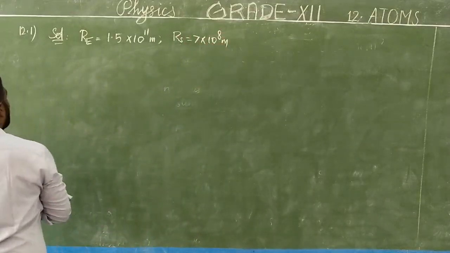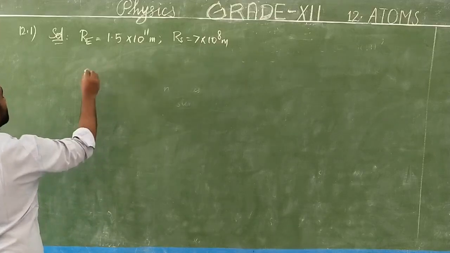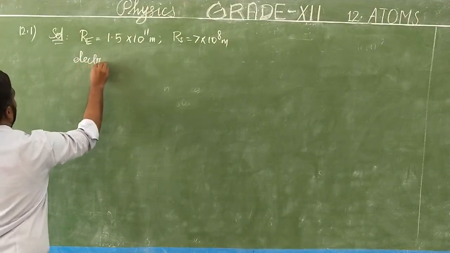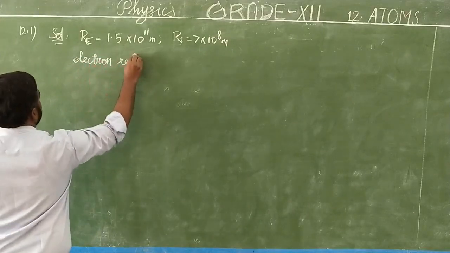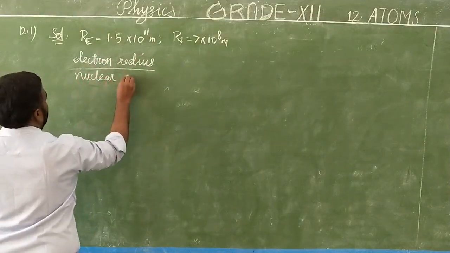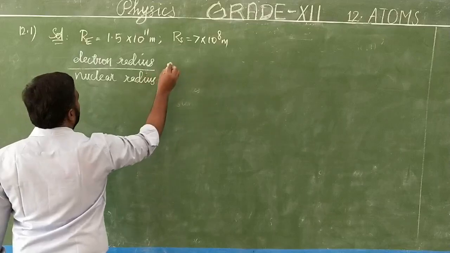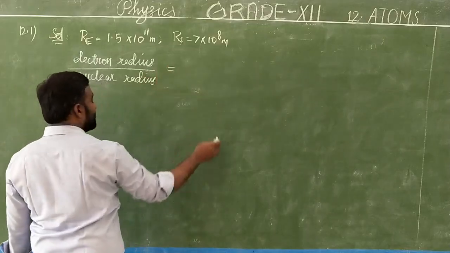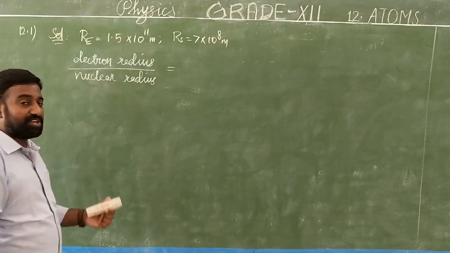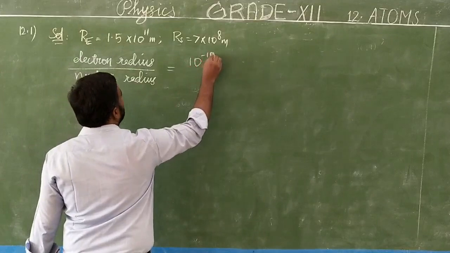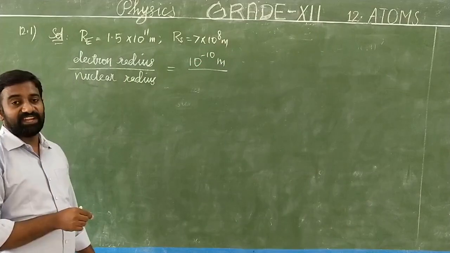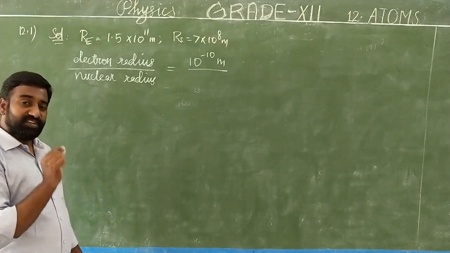Now how are we going to relate it? We take the dimensional ratio between the electron orbit radius and the nuclear radius. What is the electron radius? In an atom, the position of an electron from the nucleus is of the order of an Angstrom, that is 10^-10 meter, divided by the nuclear radius, because the nucleus is the very smallest portion of an atom, which is highly dense and located in a very small volume.